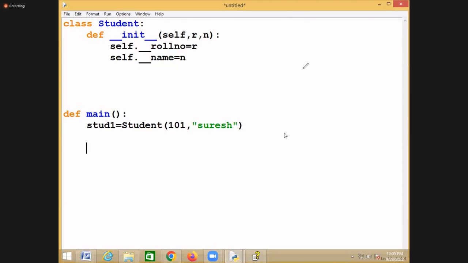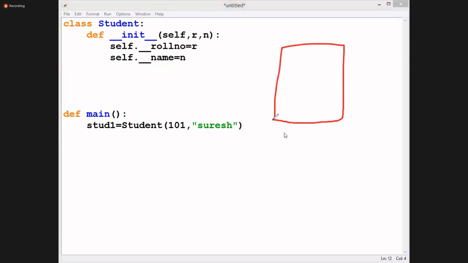Now see here, this is called the student1 object. The student1 object is created by calling the constructor. This constructor receives roll number as well as name, and after that assigns this roll number to the roll number of